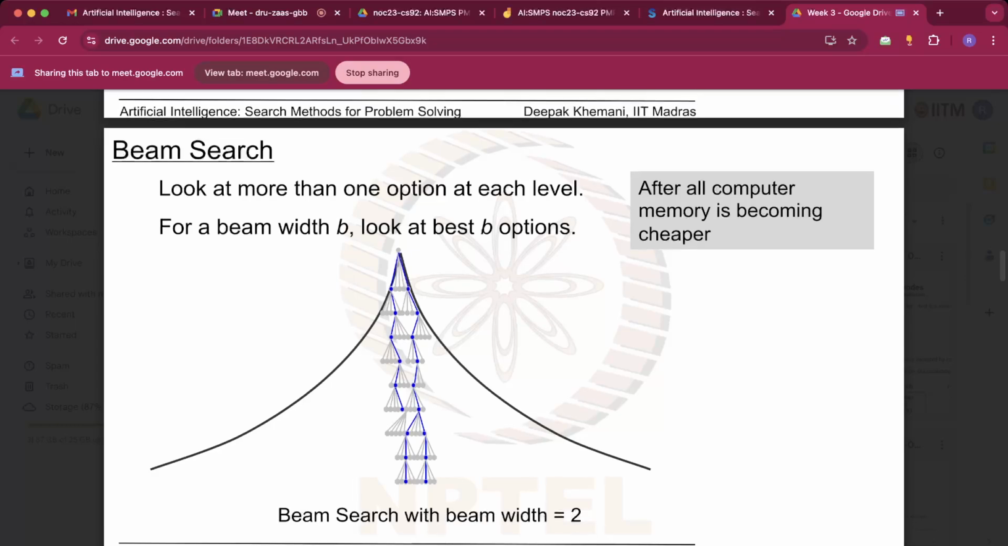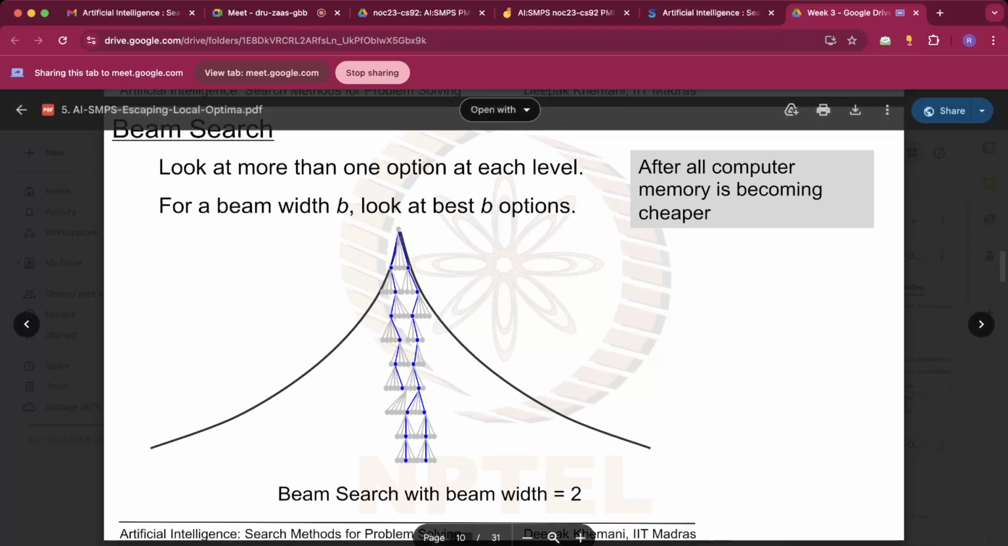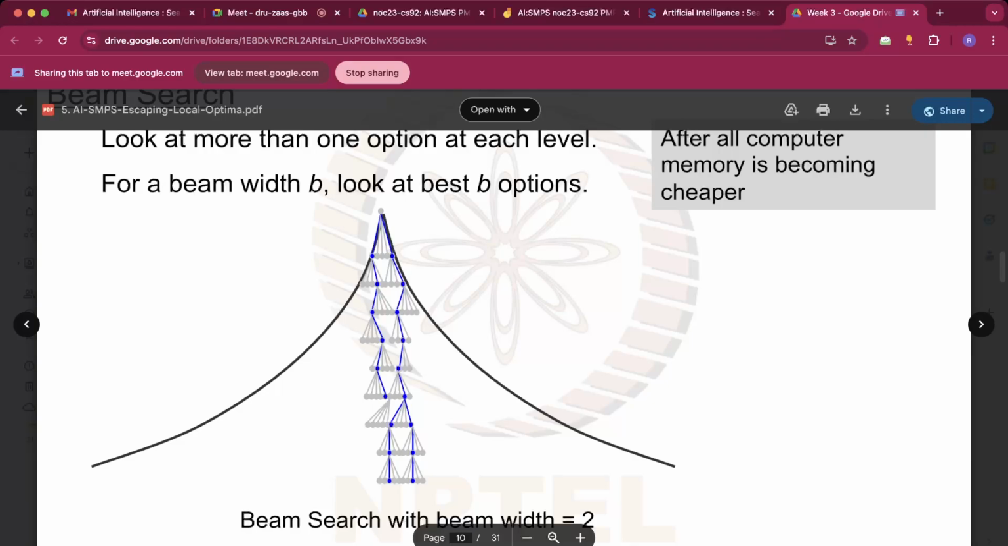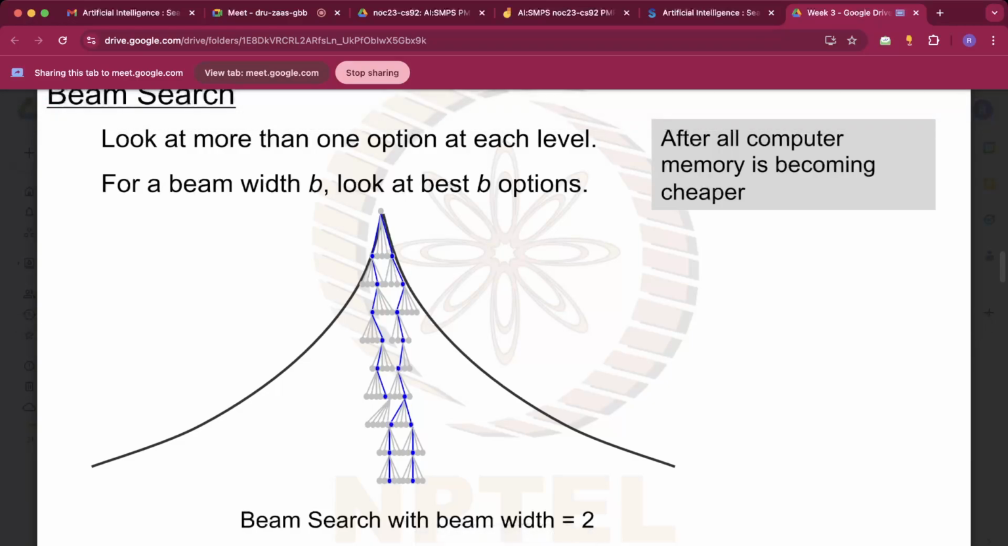Here you can also have a look at this particular case. I don't know if you can see my cursor. Is my cursor visible? Yes, it's visible. Okay, that's great. So in this particular step, here in the previous step, we had selected this particular